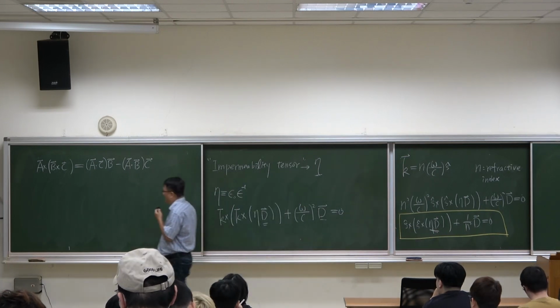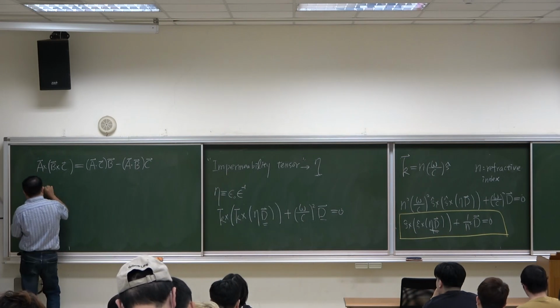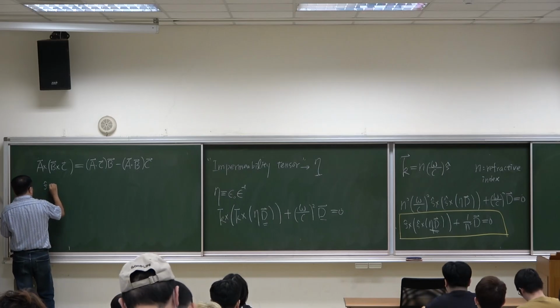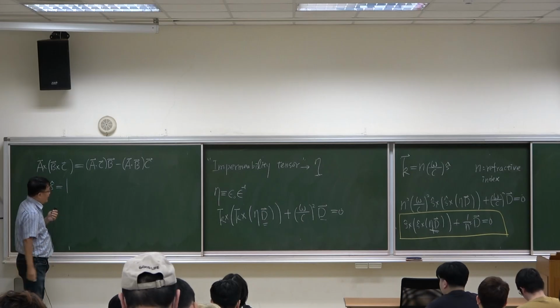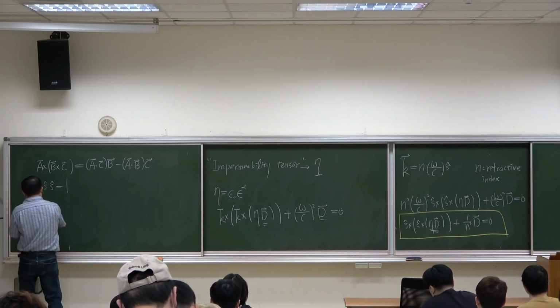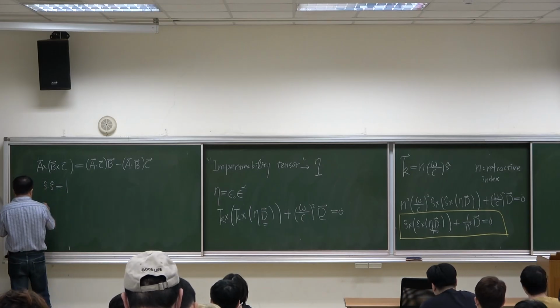And notice that the S vector is a unit vector, so S dot S is equal to 1. Okay? So that equation now becomes